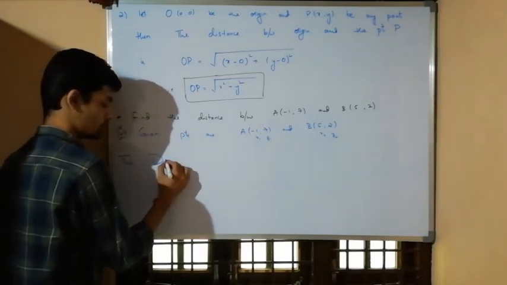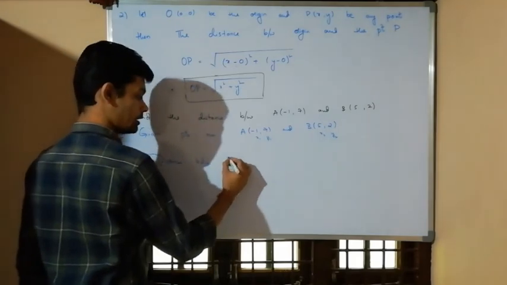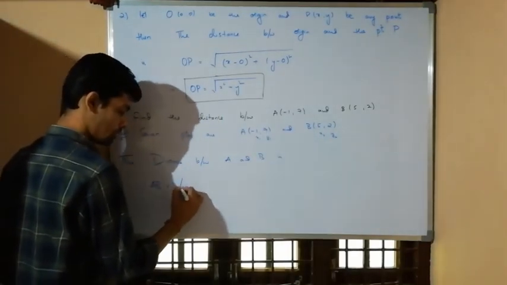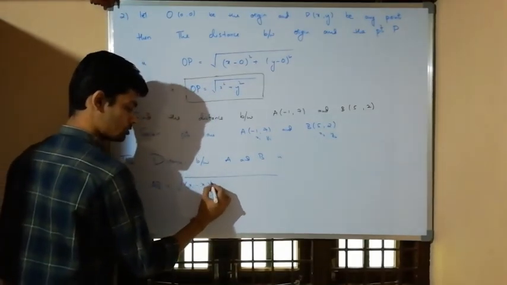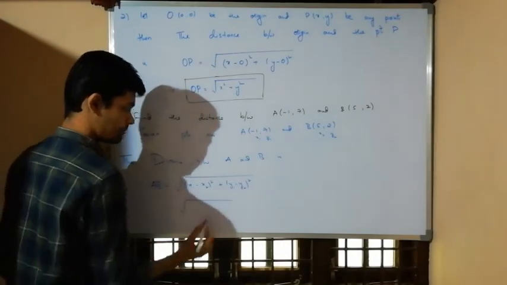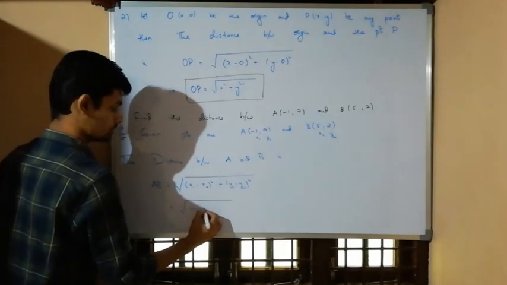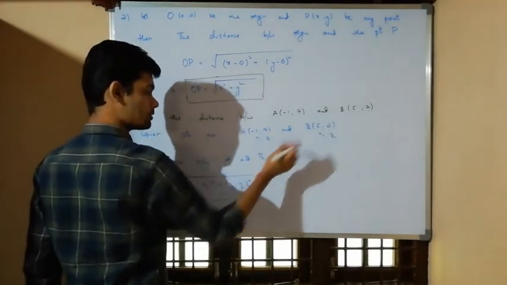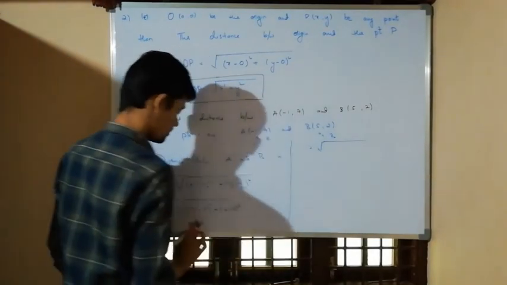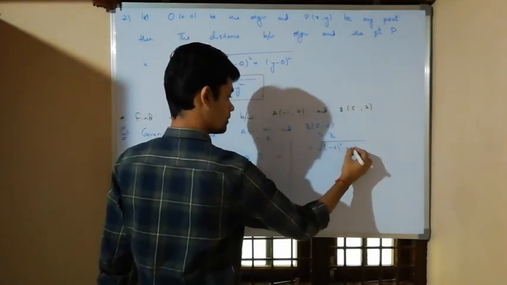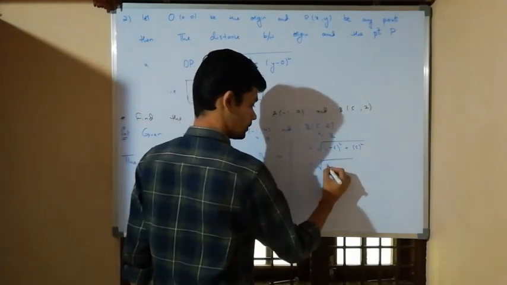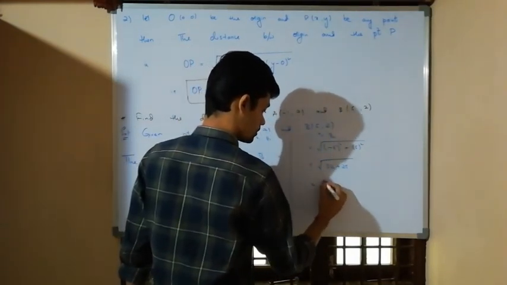The distance between A and B is AB is equal to under root x1 minus x2 whole square plus y1 minus y2 whole square, which is equal to under root minus 1 minus 5 whole square plus 7 minus 2 whole square, which is equal to under root minus 6 square plus 5 square, which is equal to 36 plus 25, which is equal to